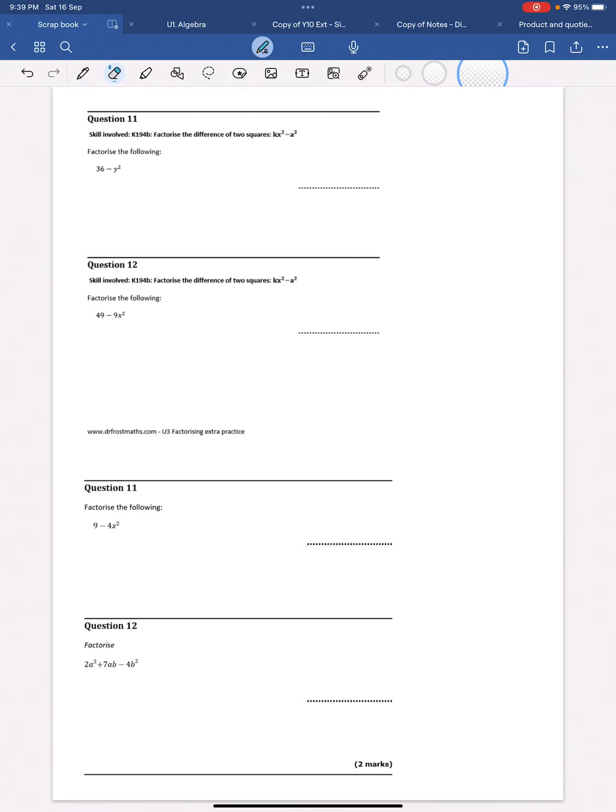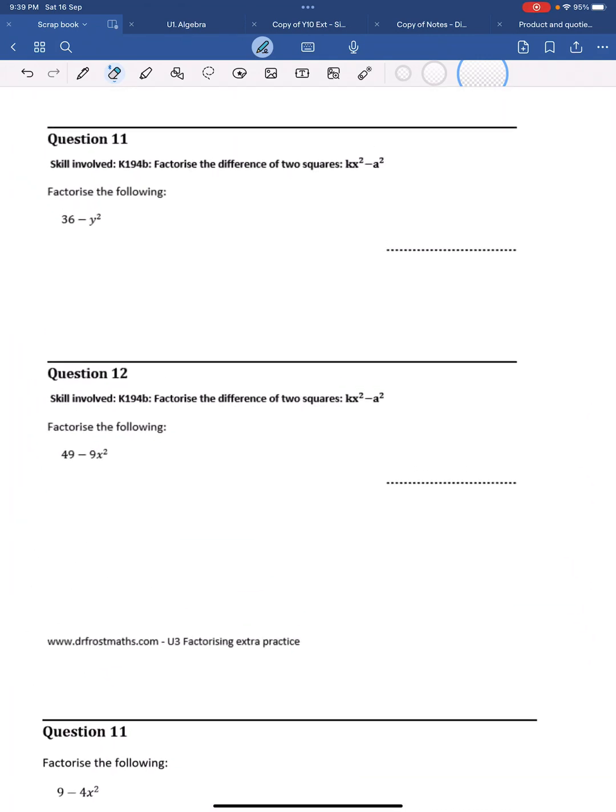Hey, well, you're asking about this type of question. Now, the first thing you need to realize is that you're dealing with what we call the difference of two squares. The squares are referring to the square numbers. So if you look at the expression, we have 36 take away y squared. Now, these two numbers are both square numbers. And when we have a situation like this,